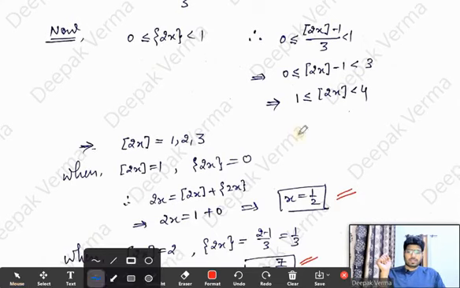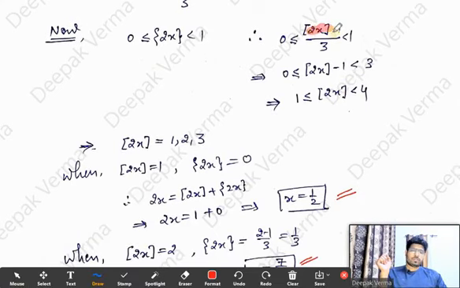Now look, here we have box 2x minus 1 over 3 between 0 and 1. Since 3 is a positive number, we can multiply the inequality by 3. Since it's positive, it will not affect the inequality sign. So we get box 2x minus 1 greater than or equal to 0 but less than 3. Is it clear? Here we have minus 1, so we add 1 to the inequality: 1 plus 0 we get 1, less than or equal to box 2x, minus 1 plus 1 cancelled out, 3 plus 1 we get 4.